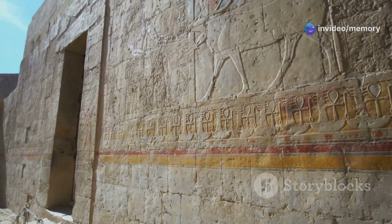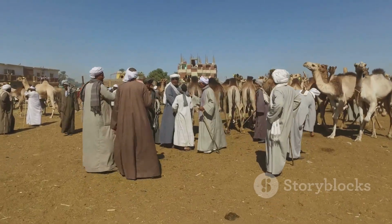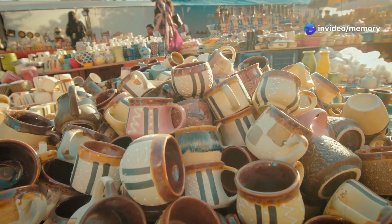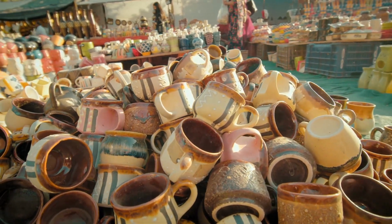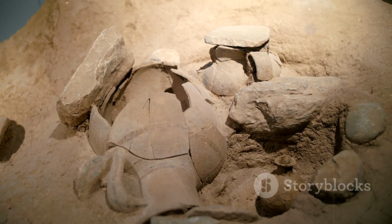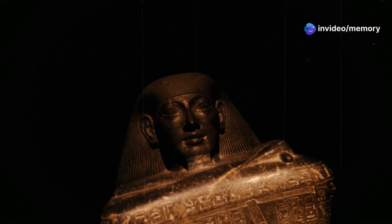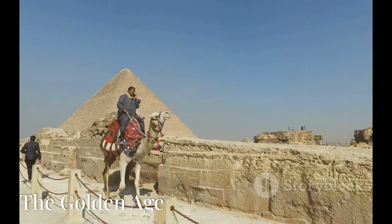And the visit of one such group is portrayed here on a tomb wall. A caravan of wealthy merchants and their families, clearly not Egyptian with their distinctive hairstyles and brightly coloured clothes. Known as the Aamu people, they traded in such goods as the black lead, vital for Egypt's production of eye makeup. And their distinctive pottery has been found across the Nile Delta, where many of them settled to live and work among the Egyptians. But within a century, some of these Aamu had infiltrated high office and eventually took over